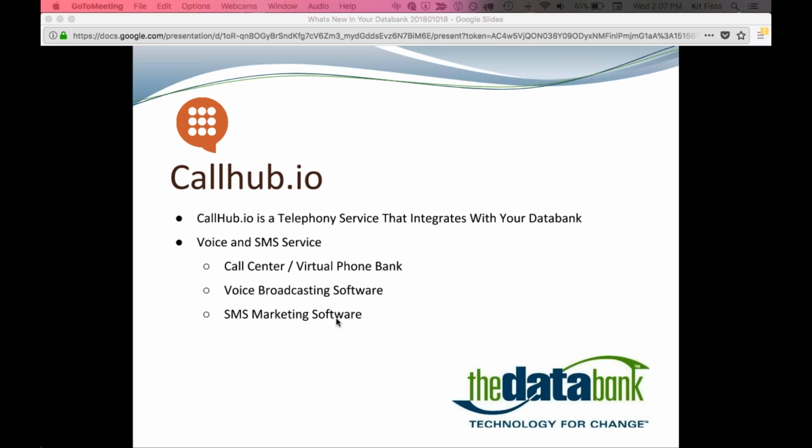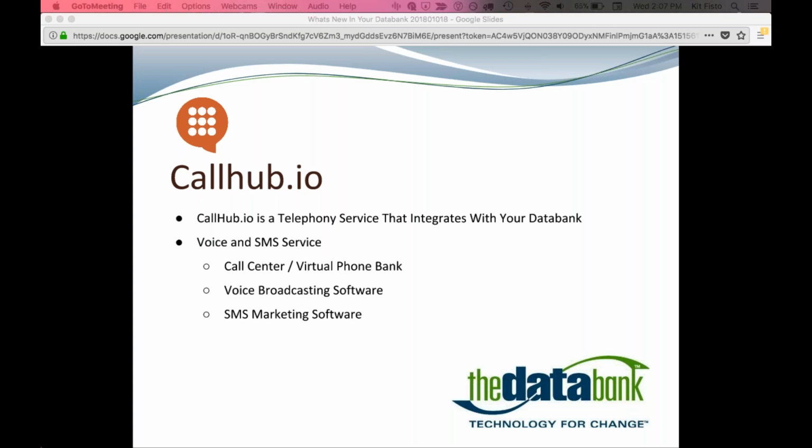And for some reason, the last one, SMS sign up, got knocked off of here. Oh, there we go. It's on the next page. Okay, so what this is going to do is it allows you to have access to these different tools in CallHub and then have that data brought back